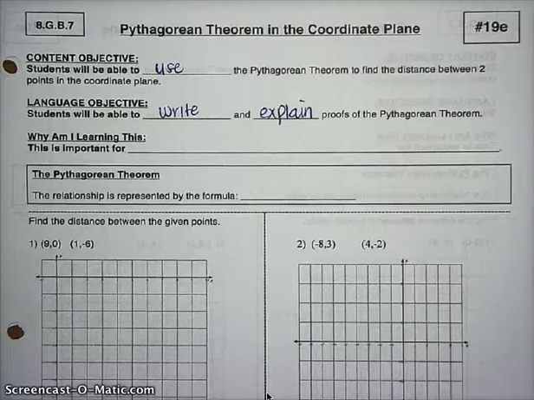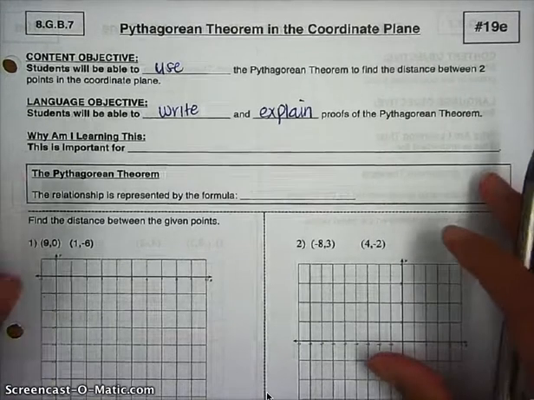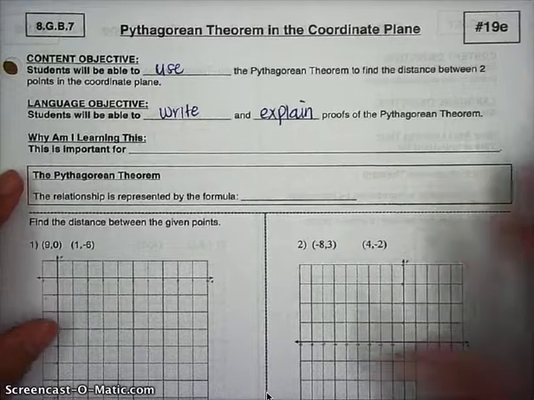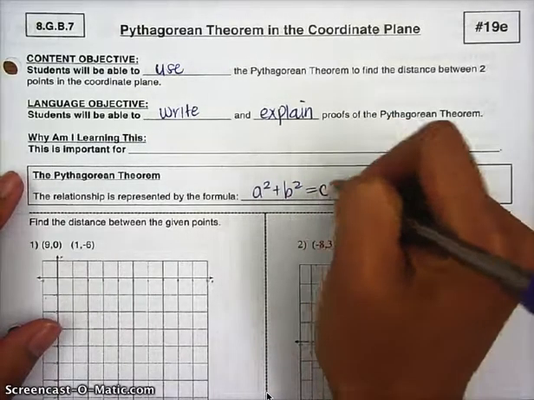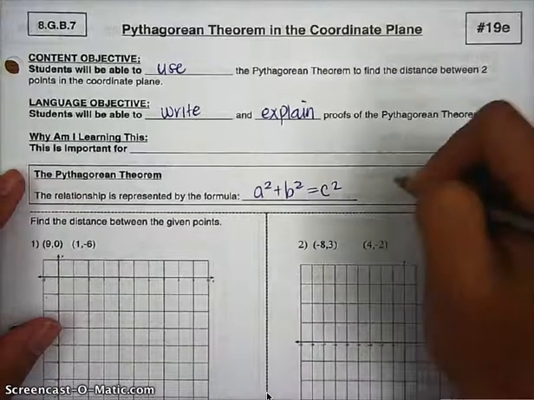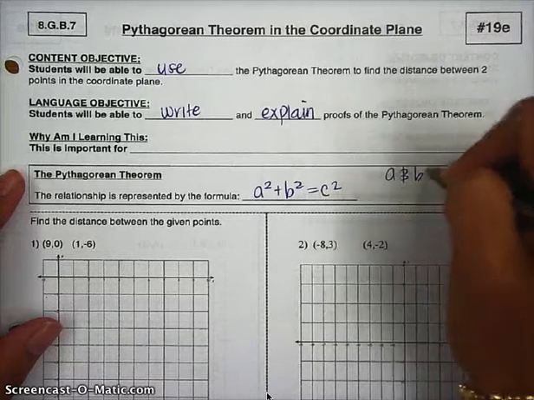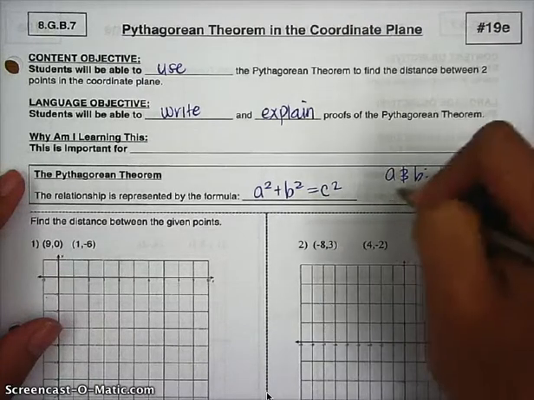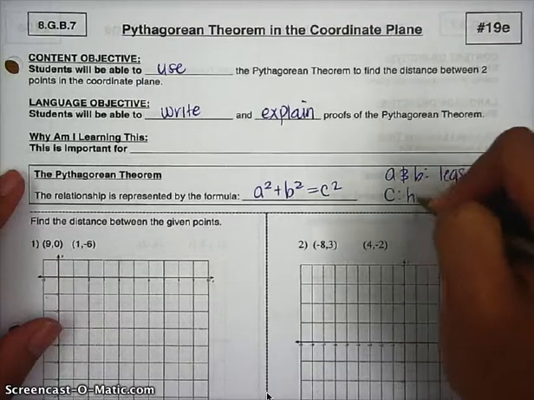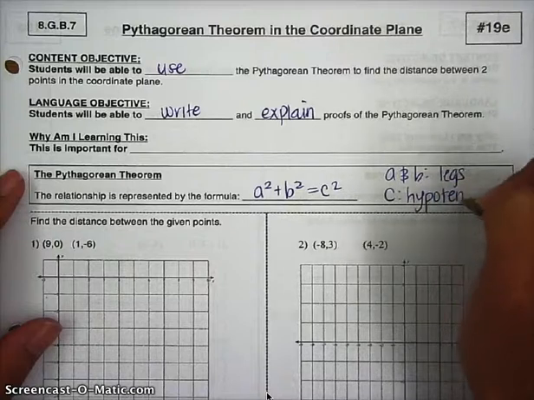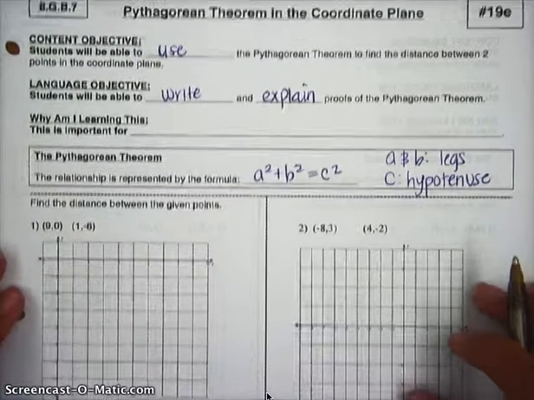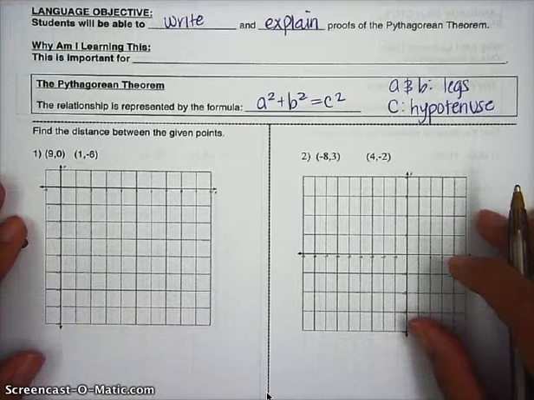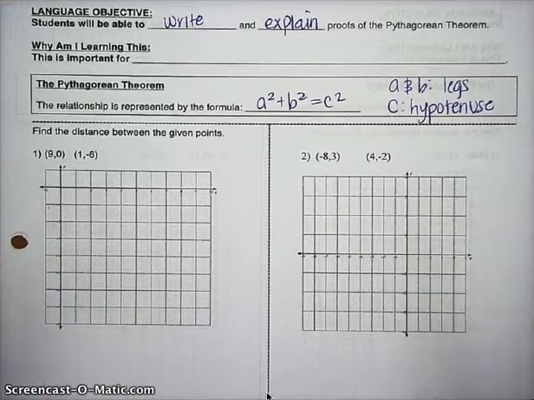Today's lesson, we're going to be working with the Pythagorean Theorem in the coordinate plane. So first of all, we need a quick reminder of what the Pythagorean Theorem is. In this case, it is a squared plus b squared equals c squared. A couple of things I want you to remember is that a and b are the legs of your right triangle, and that c is the longest side, which we call the hypotenuse, and it's always across from the right angle. So in today's lesson, what we're going to be exploring is finding the distance and using the Pythagorean theorem